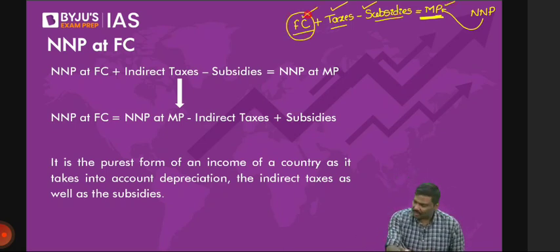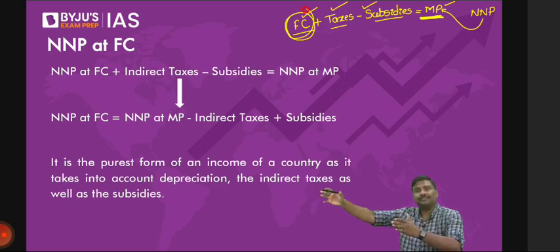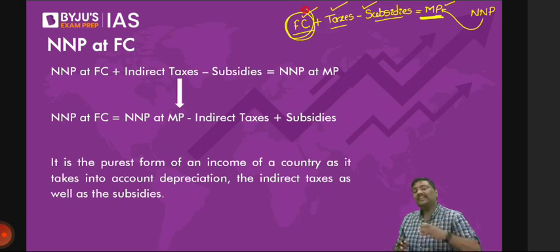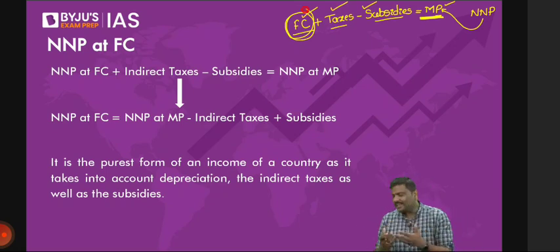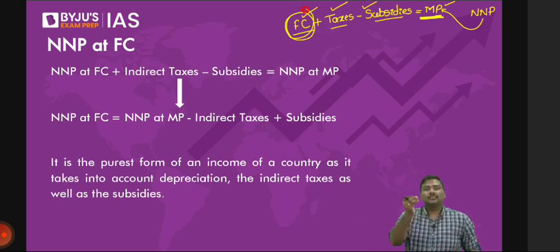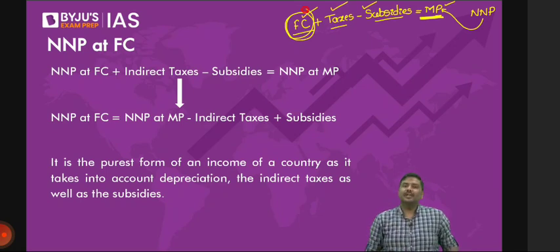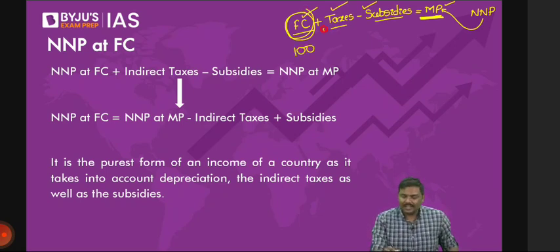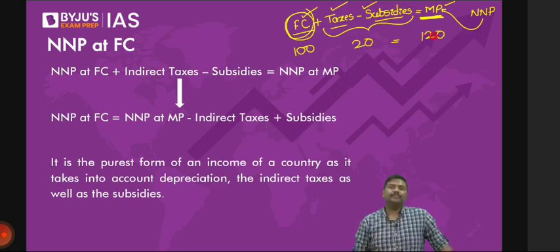Again, some of you are confused. Please understand. We are calculating at market prices because of the international system. I've told you that also. The United Nations introduced the System of National Accounts, and that's the reason we have also started calculating at market prices. But understand this carefully. Imagine the factor cost is 100, and let's say the difference between taxes and subsidies is 20 rupees today. Market price is 120.